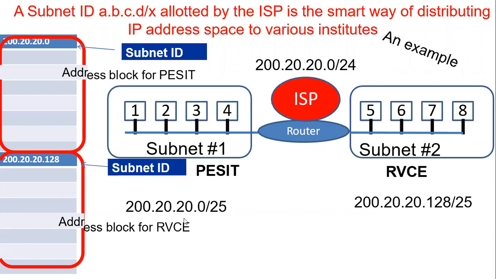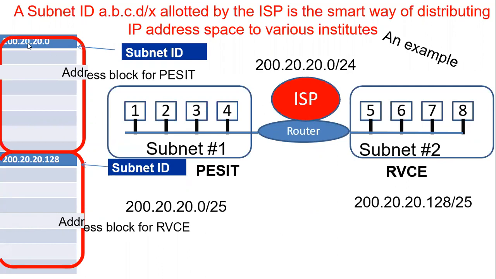When you divide it into 2 subnets, there are 256 addresses available in total. So 2 subnets means 128 addresses for subnet 1 and 128 addresses for the other subnet. Now how do you identify the network ID for these 2 subnetworks? This is the main address for these 2 organizations. But once you create a subnet for this specific college, and one more subnet for RVC college, there should be a unique ID to identify which organization.